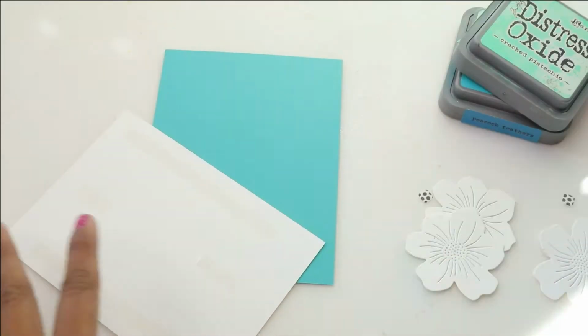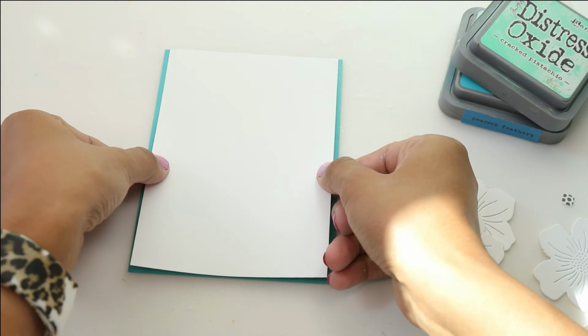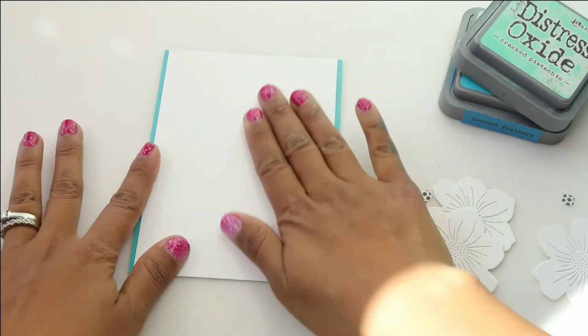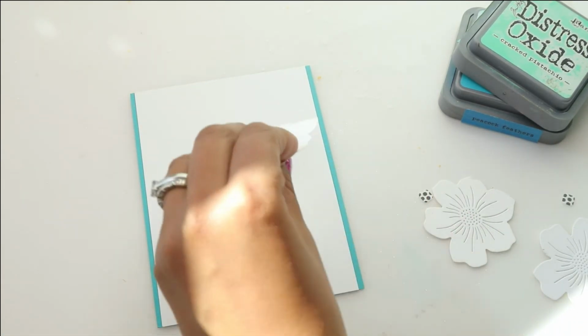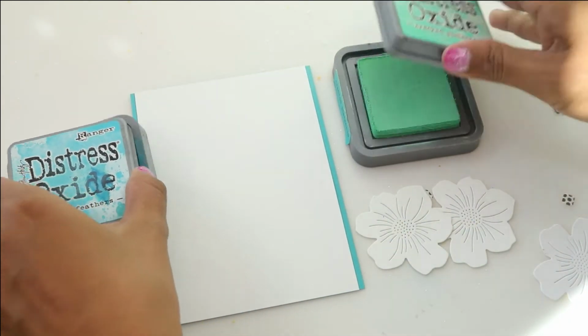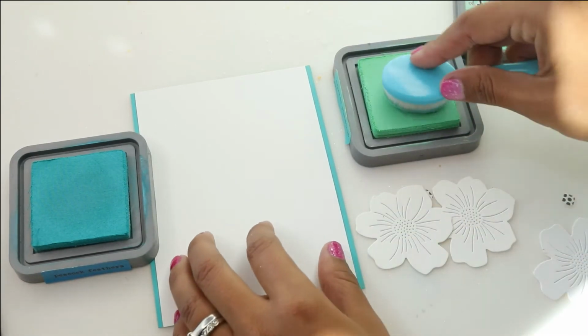On this one, I trimmed my cardstock a little different. I actually have a 4 1/4, 5 1/2, and that's the teal. And then on this white one, I removed a 1/4 inch just on the edge. So then you have kind of this slimline look, even though it's not a slimline card. I have additional of the dies of the Cosmo Blooms ready to go in the same white cardstock, and we're